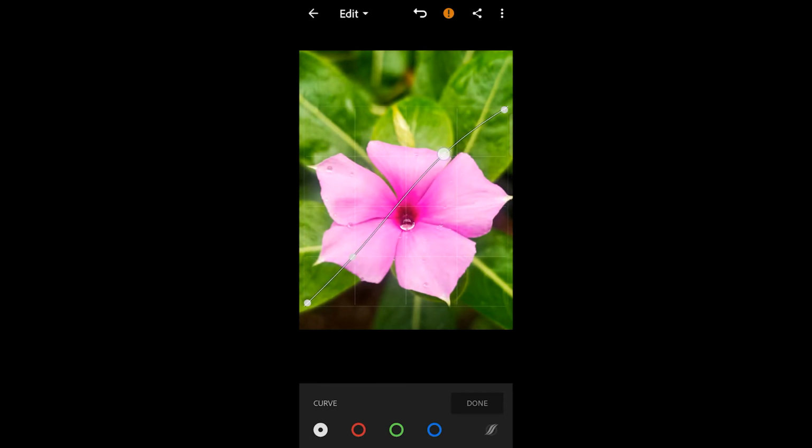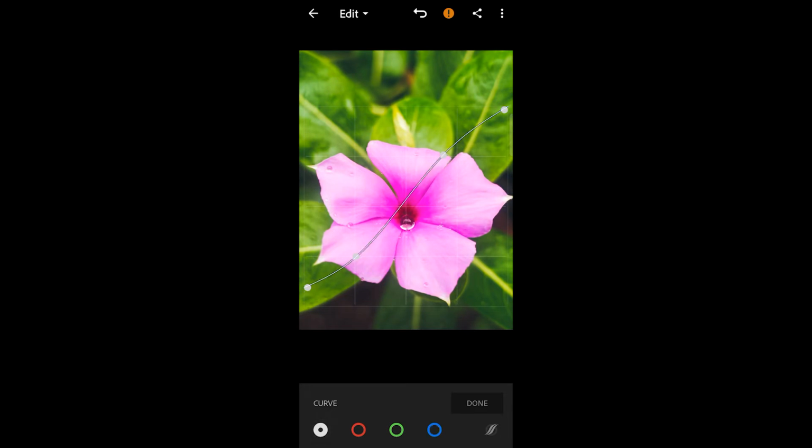First I'll increase a bit of highlights, and then I'll increase this. I'm increasing the shadows to get that fade effect, which looks awesome. I love it. Then I'll go in blues. Then blues, maybe I'll go this, and maybe I'll keep shadows, and maybe I want a bit of yellow in it, so I'm doing yellow in this.